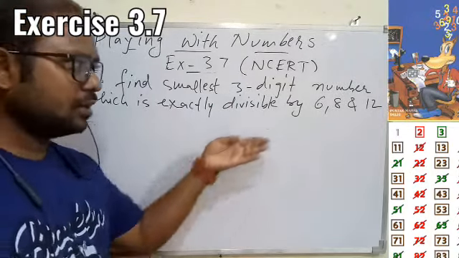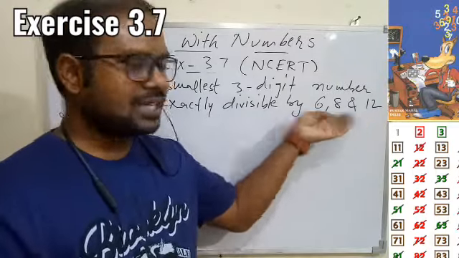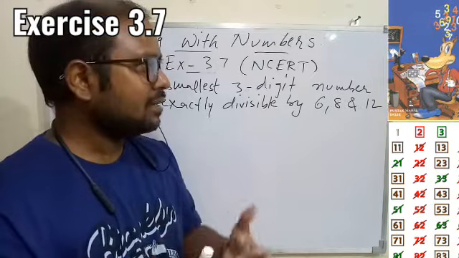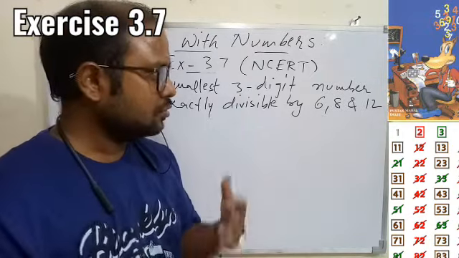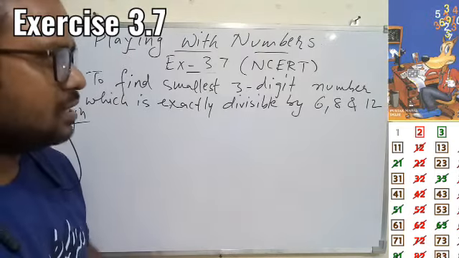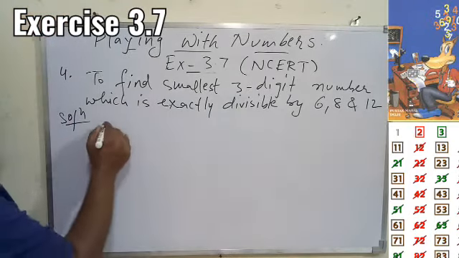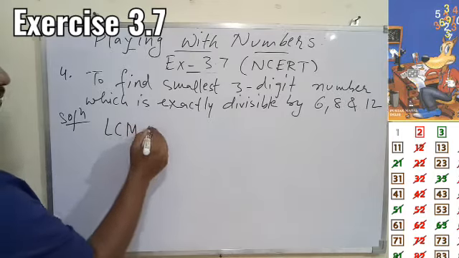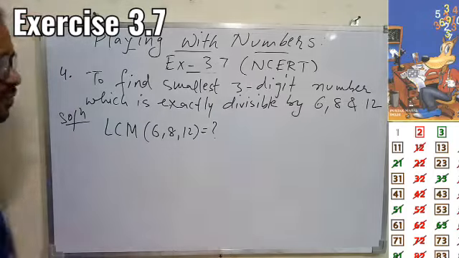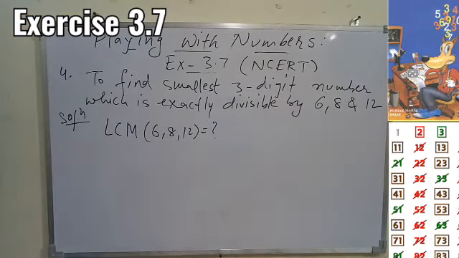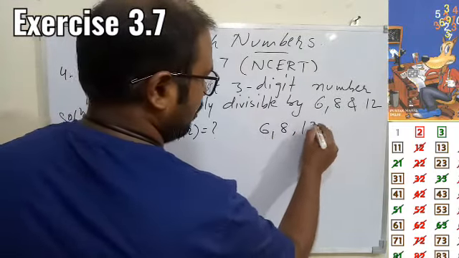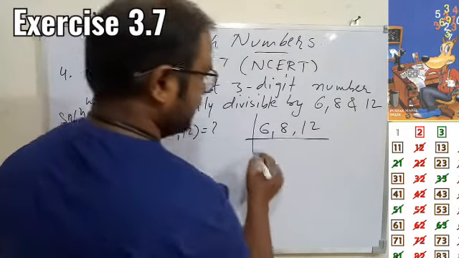So very first, let's find out the LCM of 6, 8 and 12. So we'll get the least common multiple of all the three, and let's see if that answer will be 2-digit or 3-digit. If it is 3-digit, then the answer will be that only. If it is not, then we'll go for the next process. Again you can go for any method, so let's go for the long division method. It will take less time.